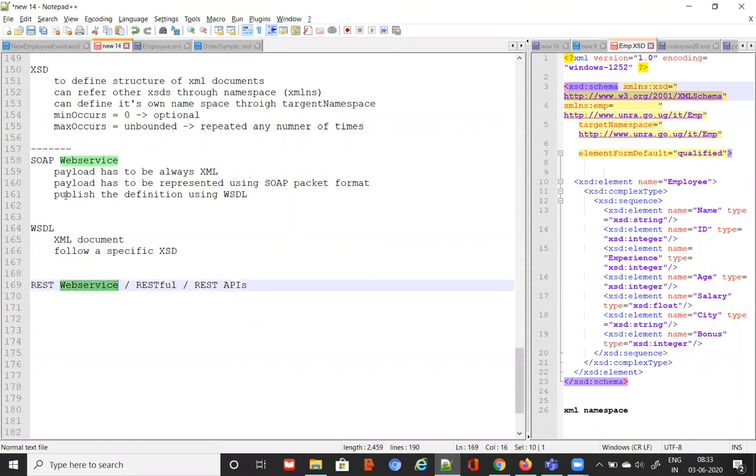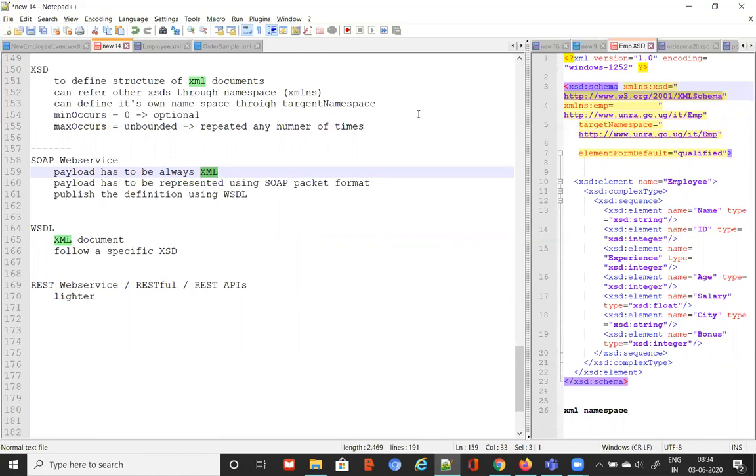So web services are generally very heavy, like they have a lot of data to carry and process, and REST is one of the lightest web services we have right now. Exactly. RESTful web services are lighter compared to SOAP web services. The reason why SOAP is becoming complex is that there are standards like this, right? The payload has to always be XML. Whenever you are converting any document or any data to XML, that itself is becoming heavy, right?